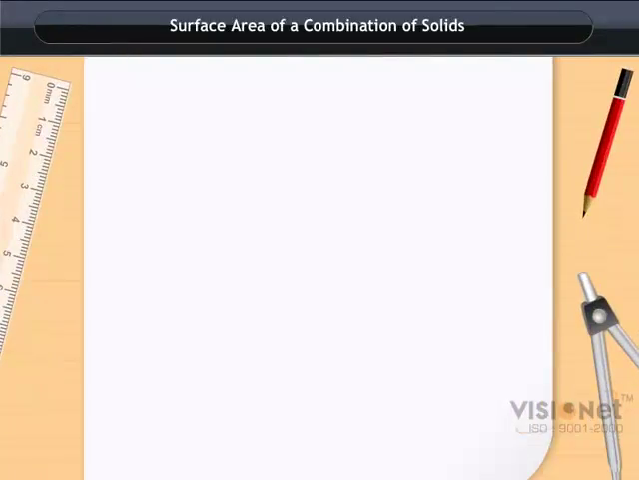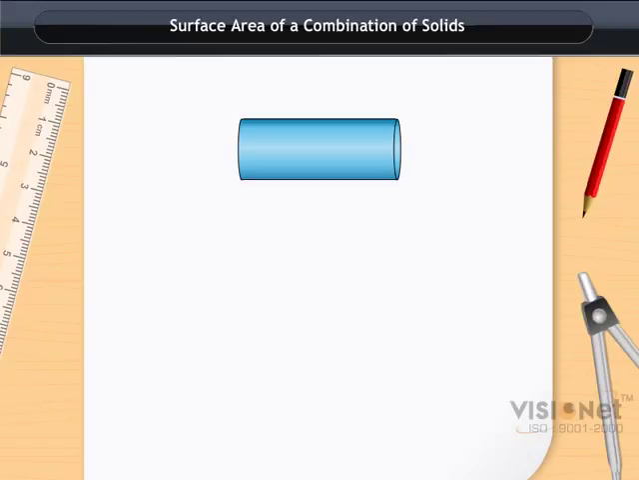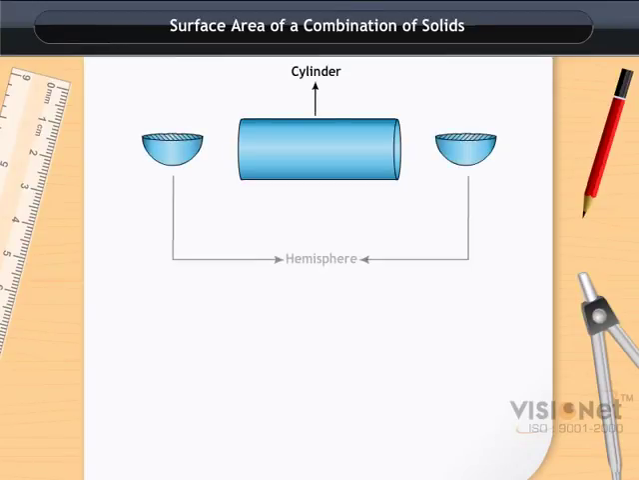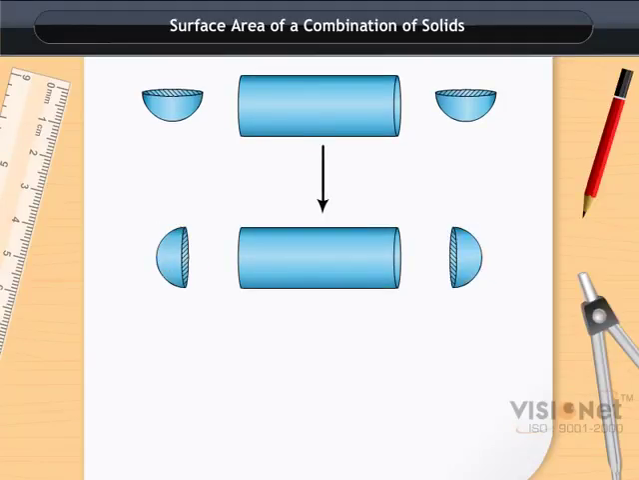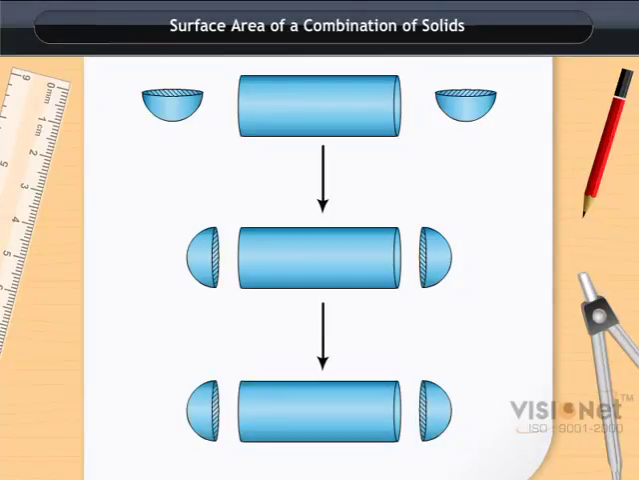Surface area of a combination of solids. Let us consider solids that are a cylinder and two hemispheres as shown. If we stick these hemispheres at the ends of the cylinder, it will look like this. Now if we consider the surface of the newly formed object, we would be able to see only the curved